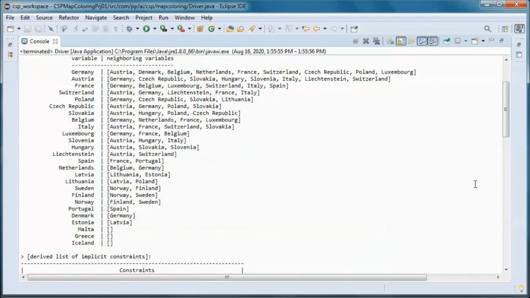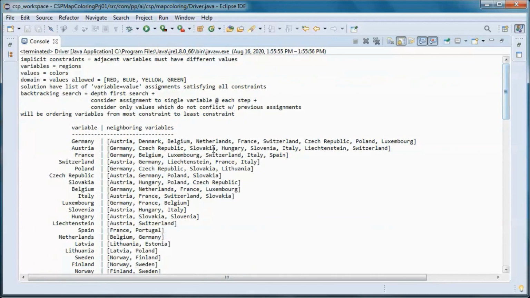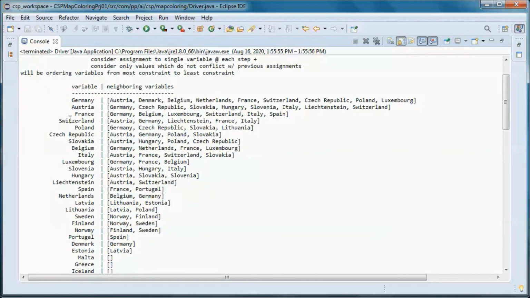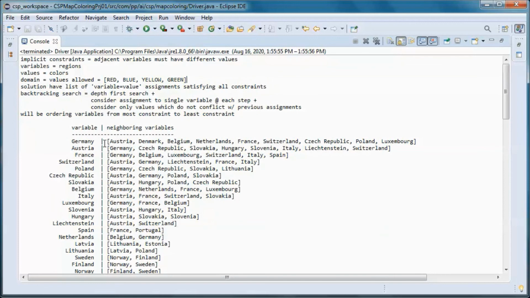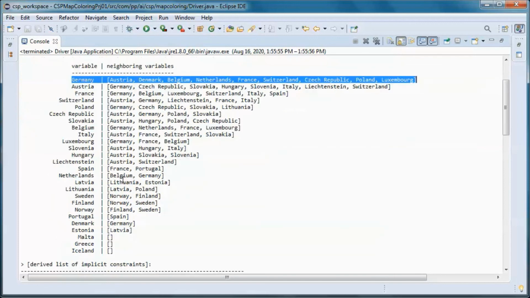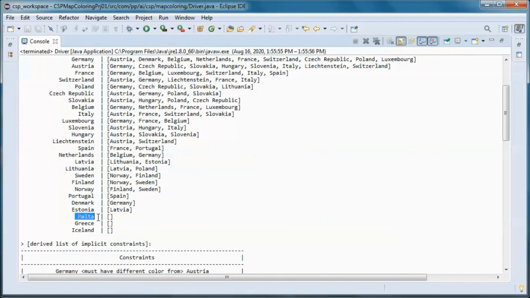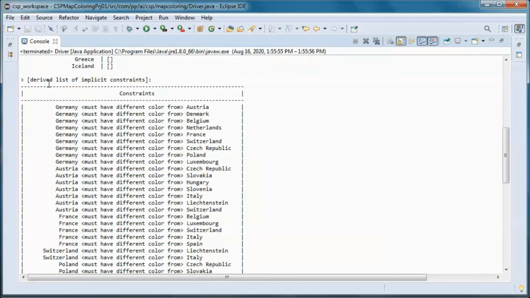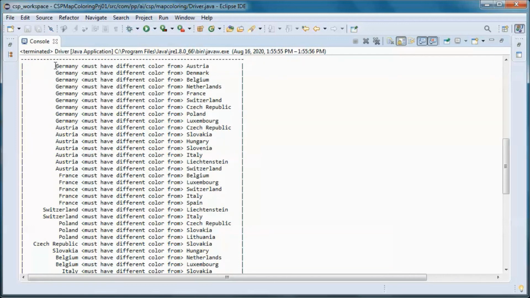So here we go. So we have those 4 colors in the domain, and we have the states ordered from the one with the most number of neighbors to the one with the least number of neighbors, or no neighbors in the Schengen area. And we end up with this derived list of implicit constraints.